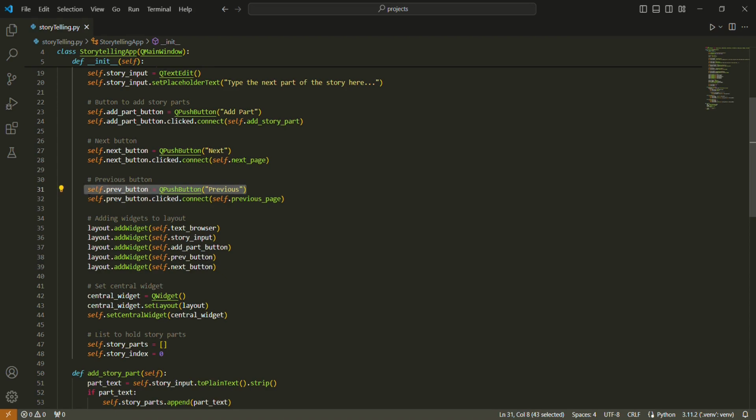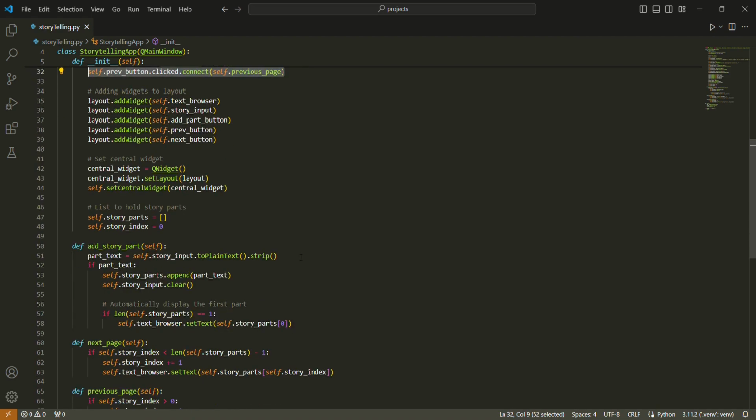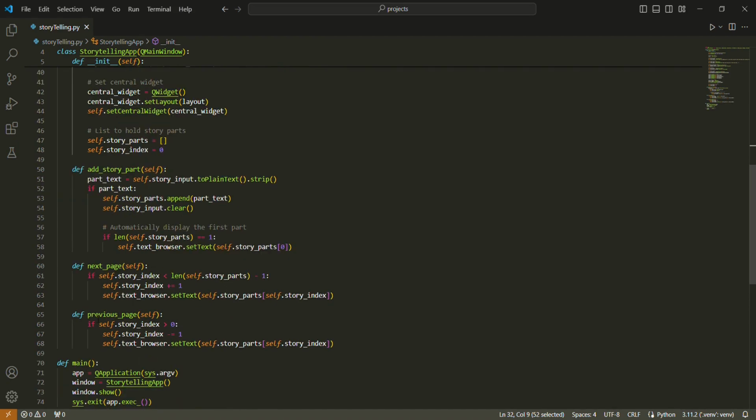So again, here we just define a button labeled previous, and here we connect the previous button with its functionality that in this case is defined by the previous page method.